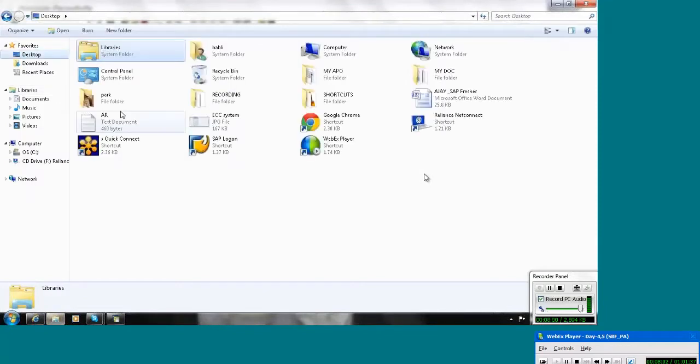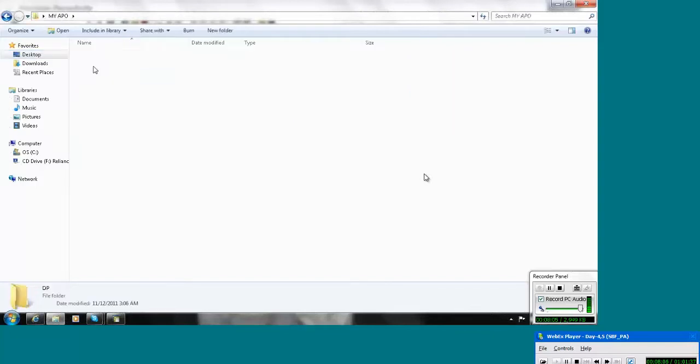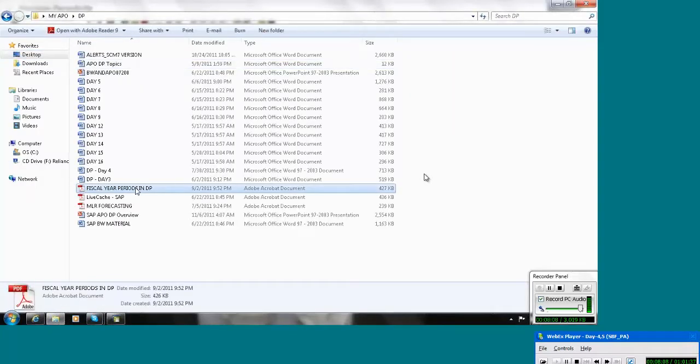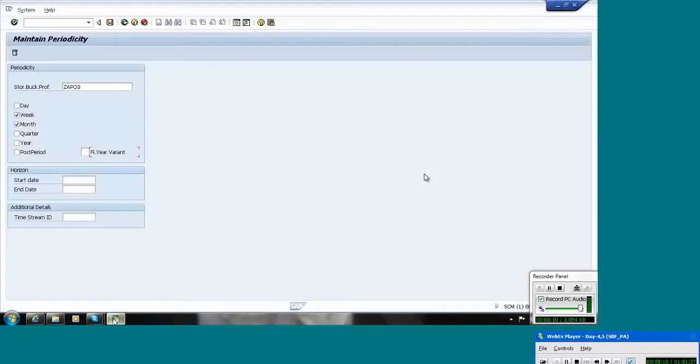Normally, if we have the R3 system, you should not create it manually in APO again. This is the document I will forward you. If you don't have an R3 system, then only do we really require it. But really, without an R3 system, normally nobody will implement the APO system. So the only thing we need is to get it from the global settings.